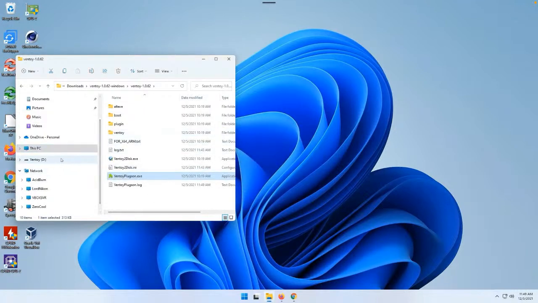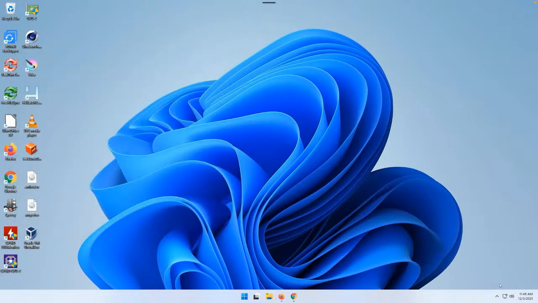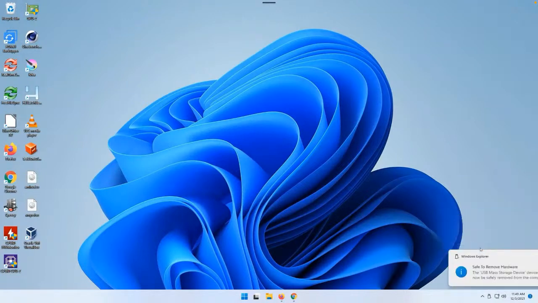Once you've configured Ventoy, and I'm going to eject this and plug it back in. The nice thing about Ventoy is that once you've done the initial prep of the USB stick,